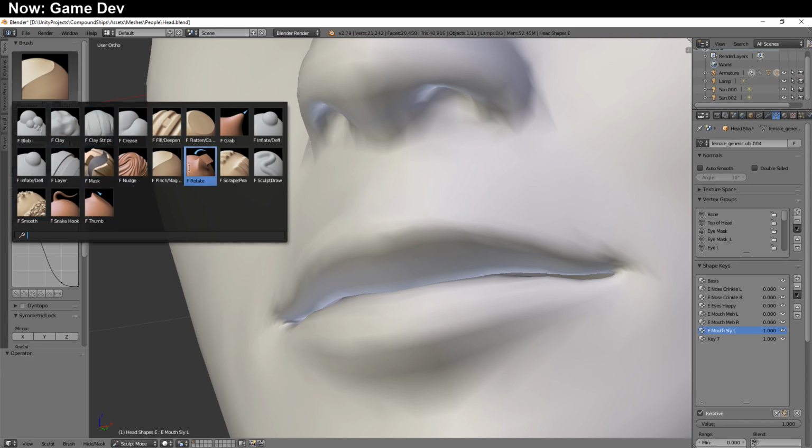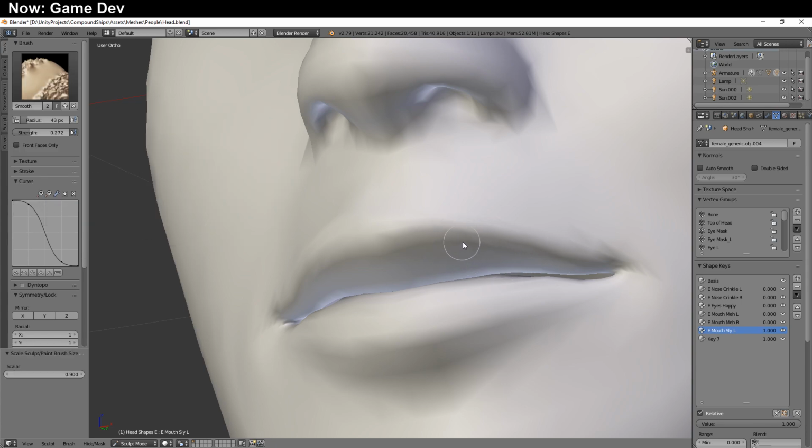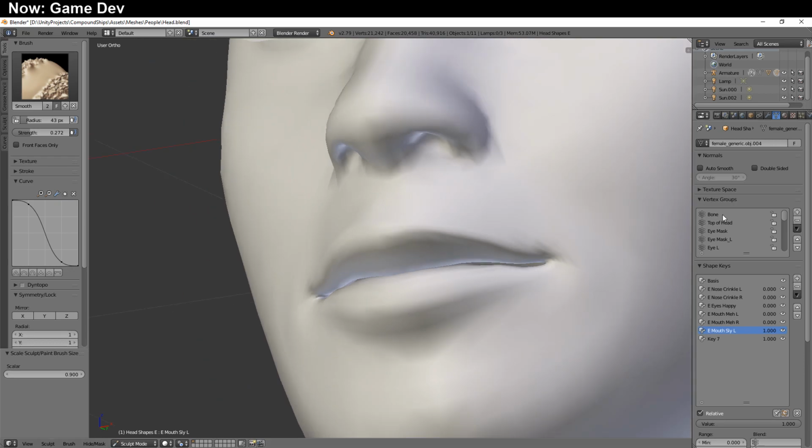Where's our soften brush? Is it just holding shift? I don't see a soften here. Smooth, there it is. So we're just going to smooth that lip a touch. There, that'll be better. All right, so now we're going to delete this other guy and then create new shape from